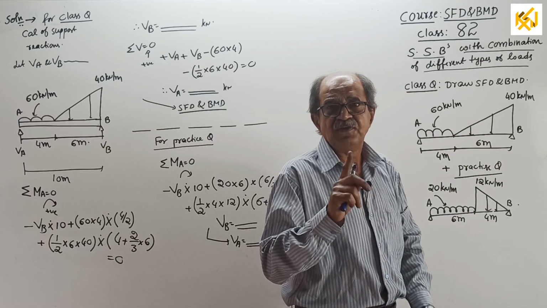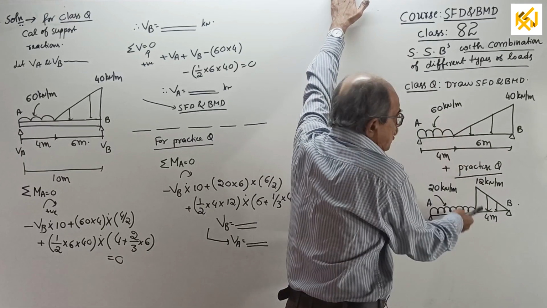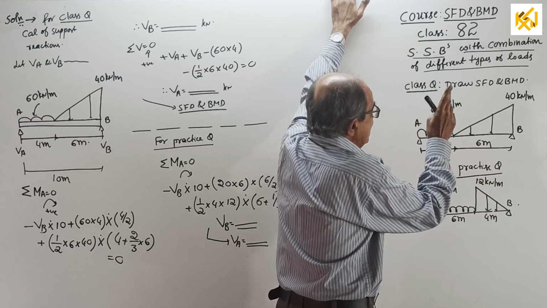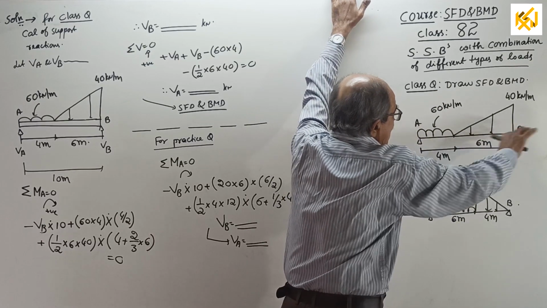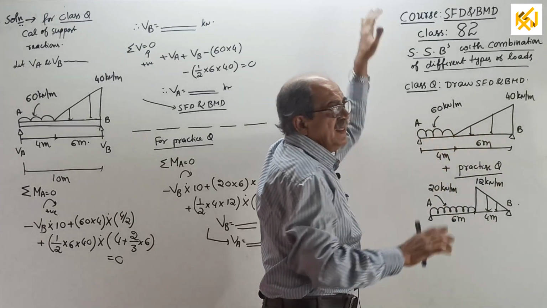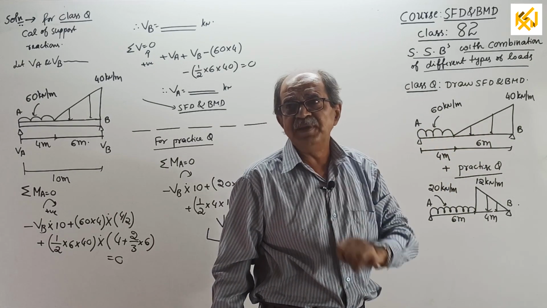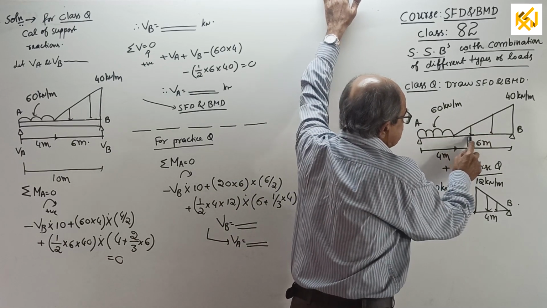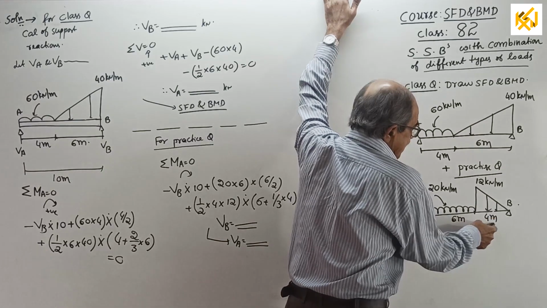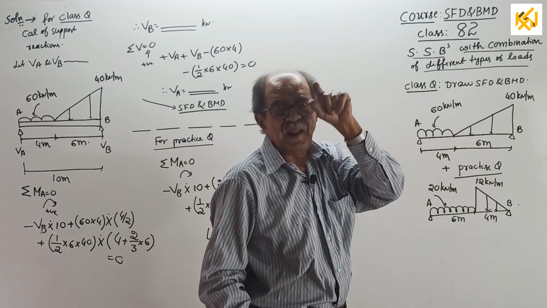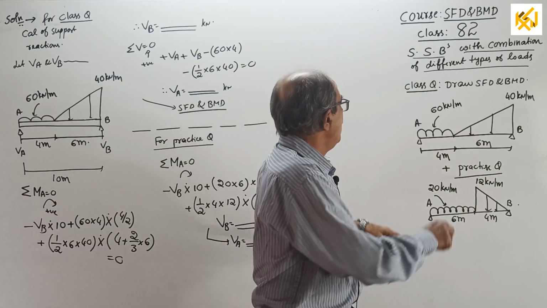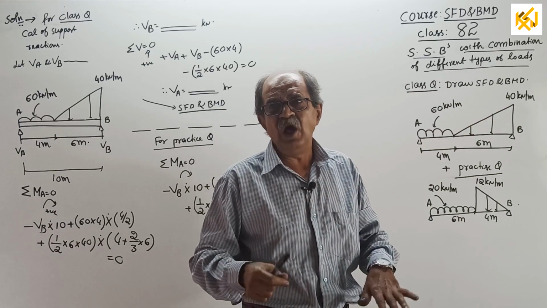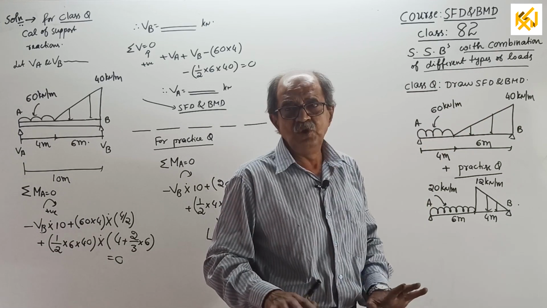Next class I will solve the same, identical question. In both the questions, I will show that the maximum BM will come to the right side of this point, that is, somewhere in the UVL part. There you should be careful when you locate X. In one question you take X from here, in the second question you take X from here. Then I will give you more practice questions, where I will keep the UDL on that side and the UVL on this side. I will give a brief solution, and you work it out.